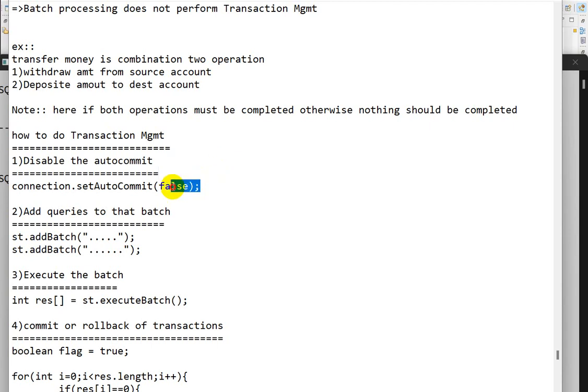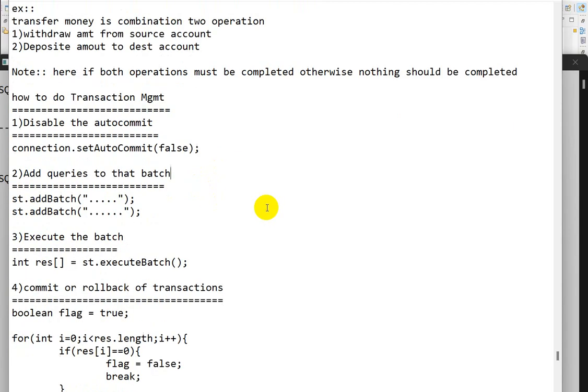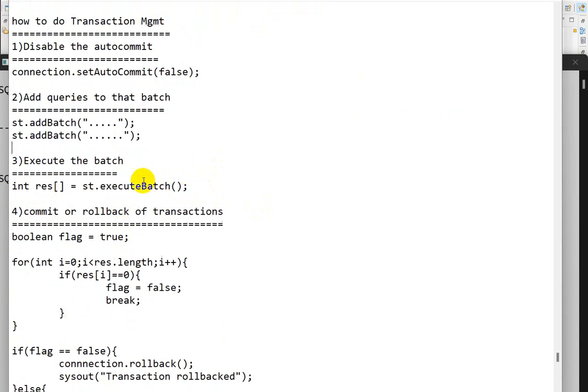So first of all, we have to call connection dot setAutoCommit. Then we have to add the queries using the statement object's addBatch. Then we execute the queries, which transfer, meaning you are transferring 1,000 rupees, and it is added to your friend's account.